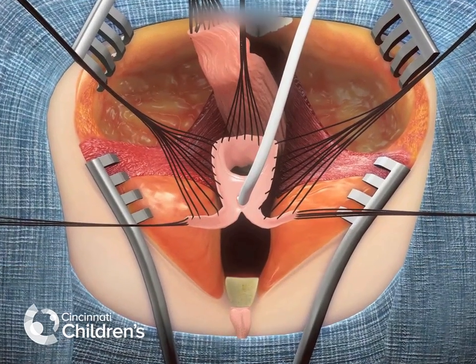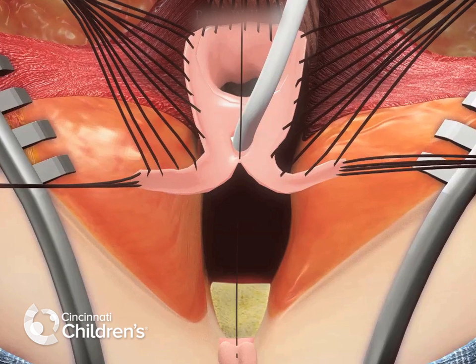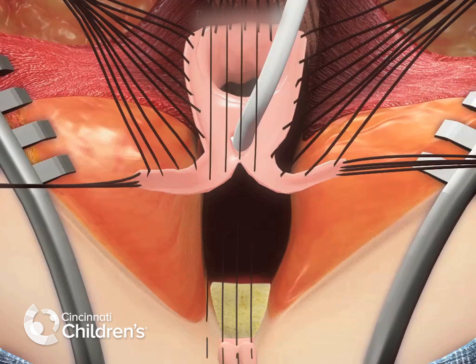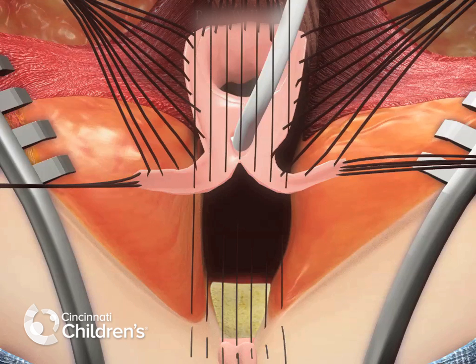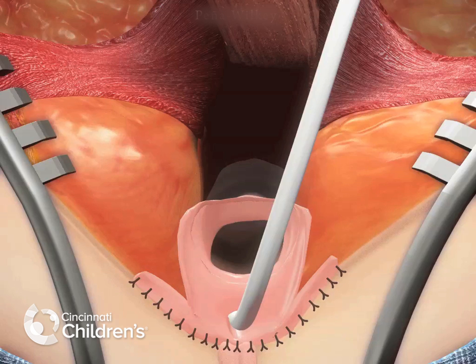The new position of the urethra is established at the mucosal edge that was about 5 millimeters from the clitoris. Multiple 6-0 vertical sutures are used to perform this anastomosis. The previous common channel has now become labia minora,